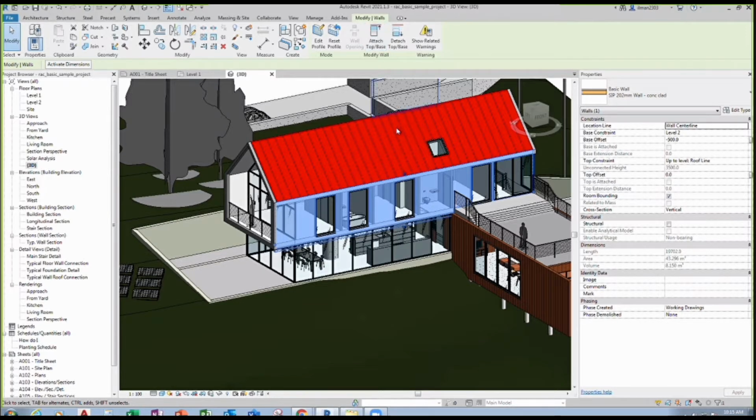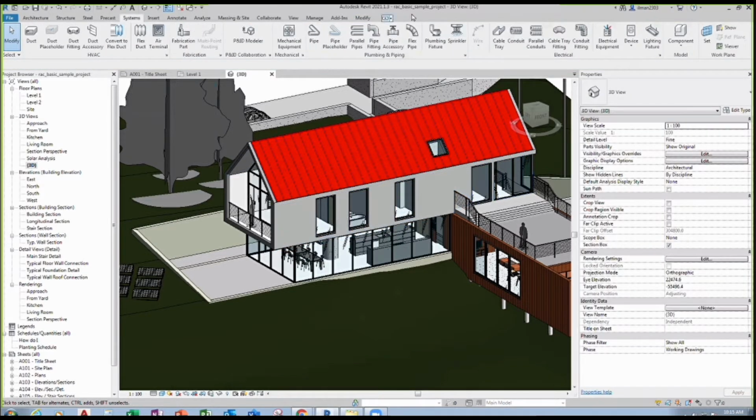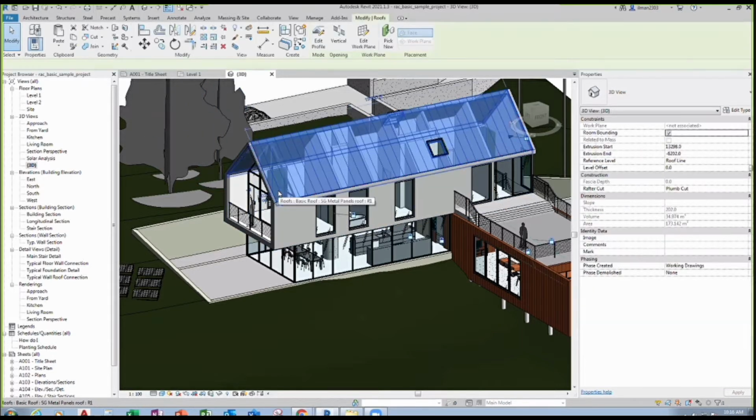For example, you're not doing anything, and that contextual tab will not appear, unless you are doing, for example, modify roof. So the contextual tab will appear at the top here. You want to edit the profile, or you want to copy or what else, and this is the option bar for you. For example, like wall